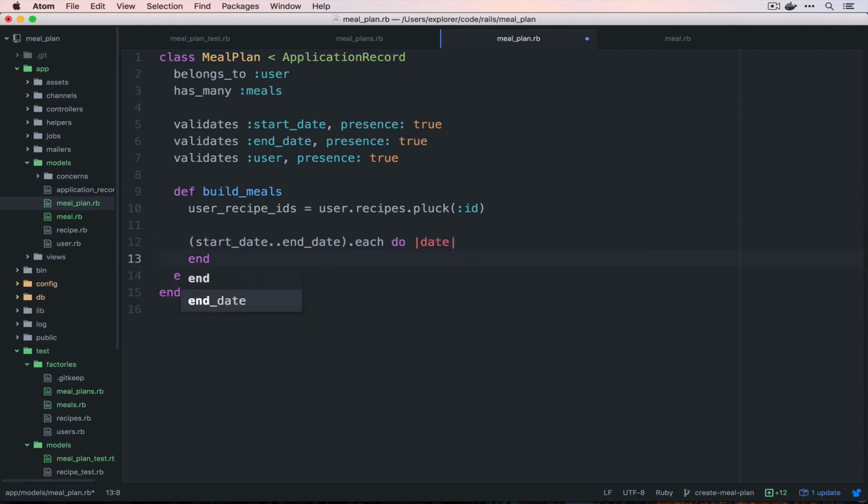And if you're unfamiliar with this syntax right here, the dot dot, we're actually creating a range between two dates. So if today is December the 6th and our end date is December the 13th, this will give us December 6th, December 7th, December 8th, etc., until it gets to the other one. So we can say our available